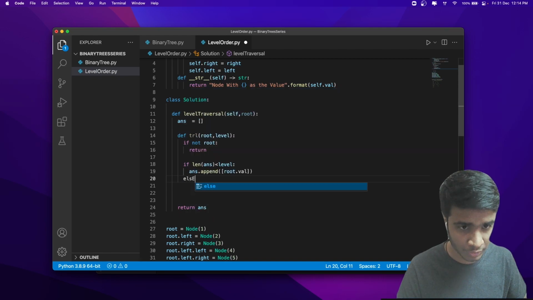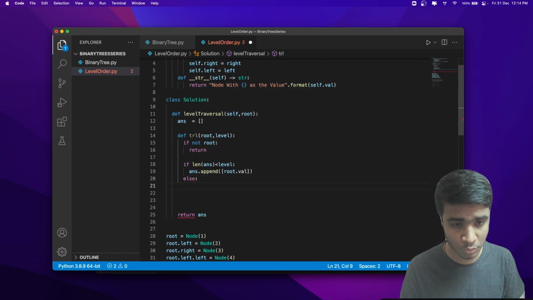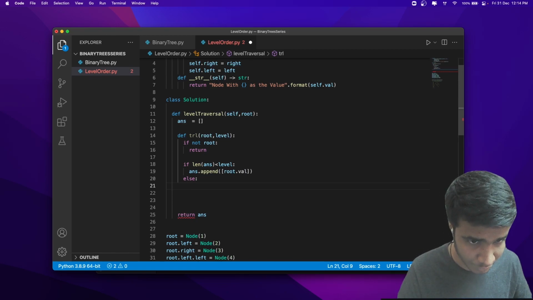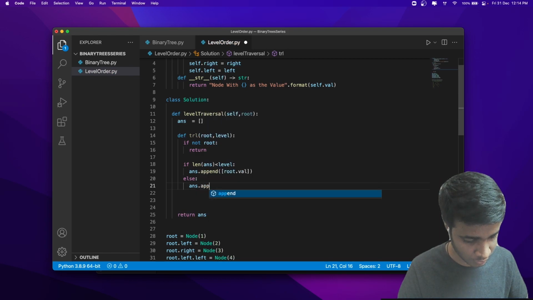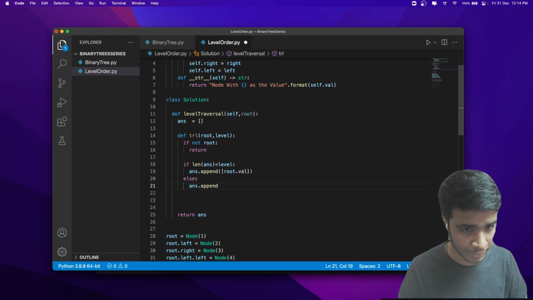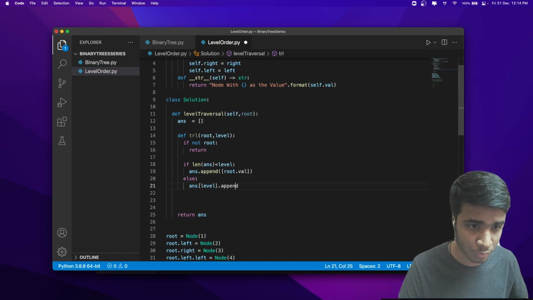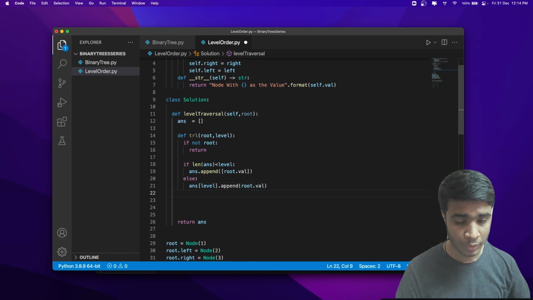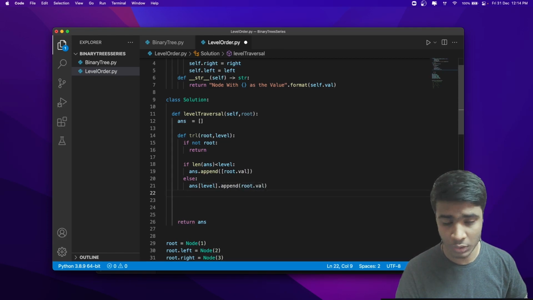If that's not the case, the length of the array is not less than the current level, that means there is already a level present in the array. In that case, I would say answer of level dot append, so I have to append it to that level, root dot value. That's how you do this.